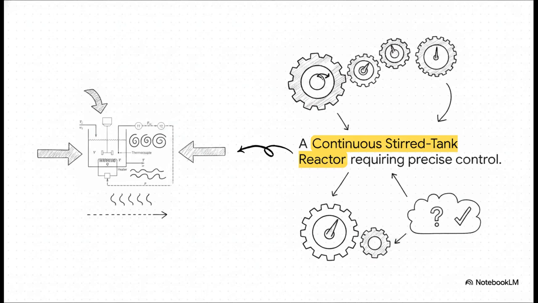Take a continuous stirred tank reactor, or a CSTR for short. As you can see, there's the mixer inside, the heating coil at the bottom, and the feed streams coming in and out. In a single unit like this, multiple variables are interacting all at once. You have an inlet stream bringing in materials at a certain temperature, a heater adding energy, and a liquid level